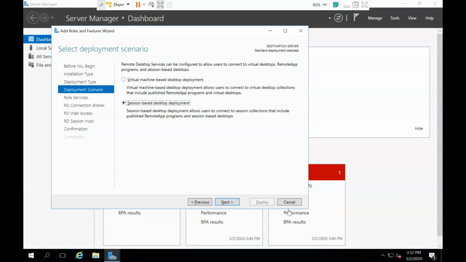We need RDS for RemoteApp programs and we don't need it for the separate virtual machines. So let's select session based desktop deployment. Next,